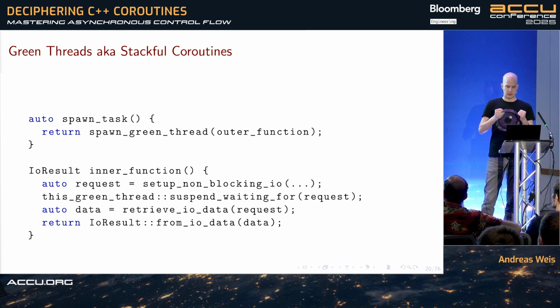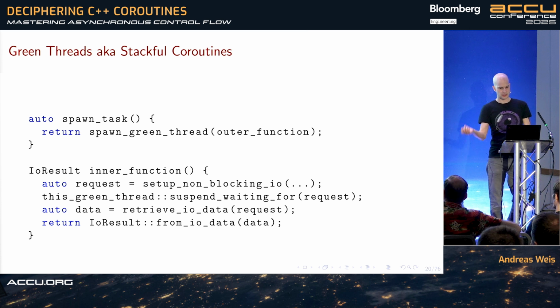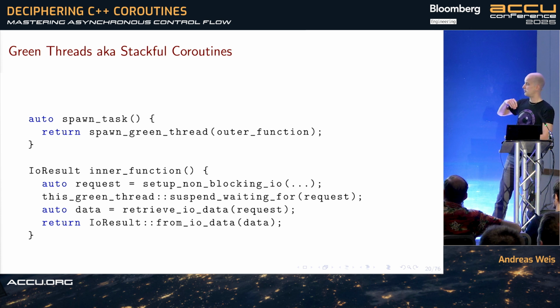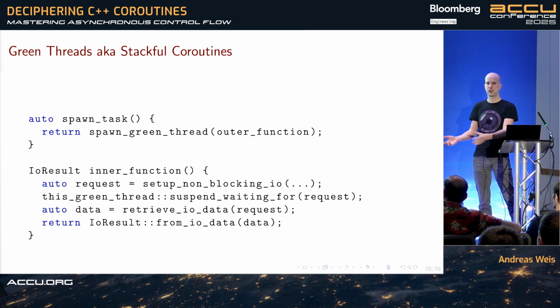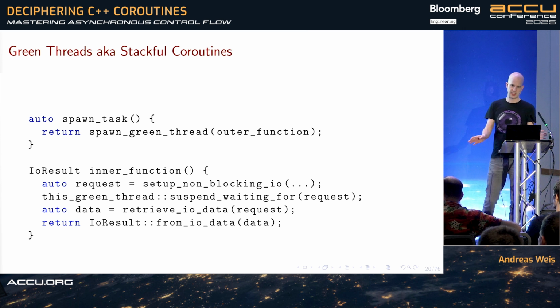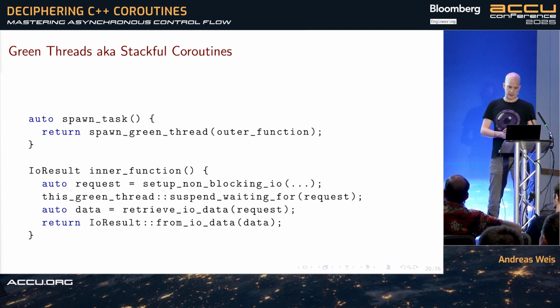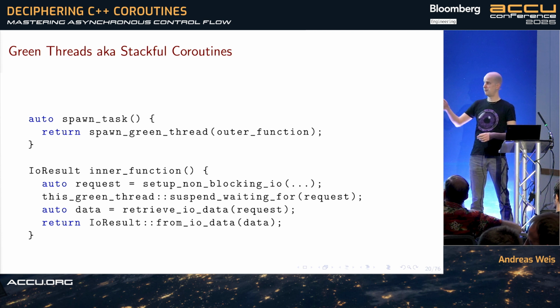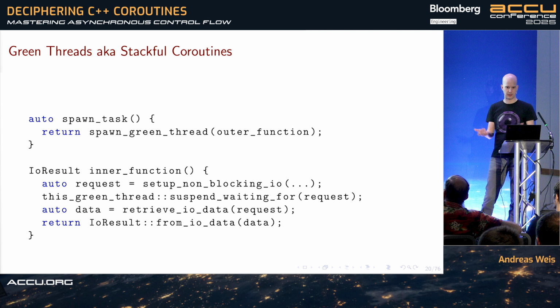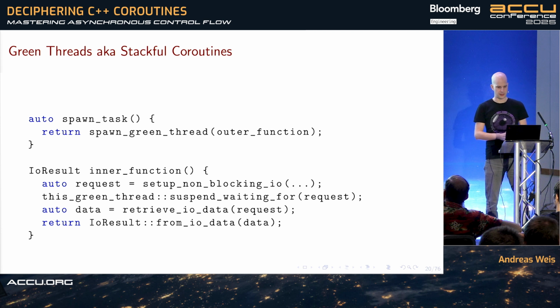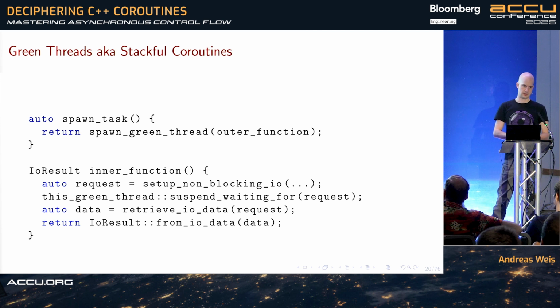And now, while that result is being obtained in the background, the thread cooperatively relinquishes control, right? So the thread says on its own, please put me to sleep. I'm just waiting for some result that is not there yet. And then at some point, this thread will get woken up. And then I can just retrieve the data, which is hopefully already there at this point, and continue with the